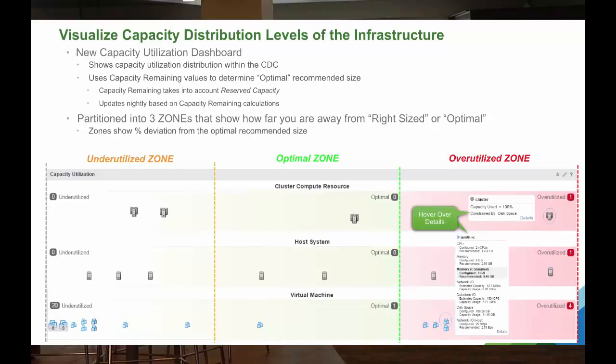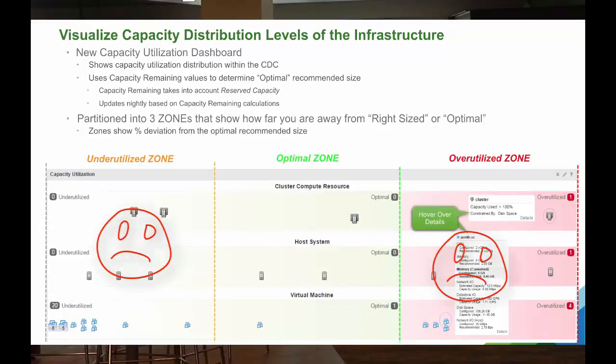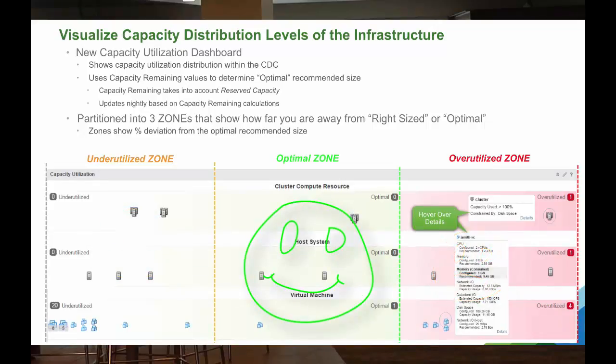We also have the ability to now visualize capacity distribution levels of the infrastructure. So what this really means, if we zoom in here for a second, is that we can see which workloads, which systems, which objects are living in the underutilized, overutilized, and also optimal zones. And what's really neat is you're also able to see just how close of a deviation things are to optimal